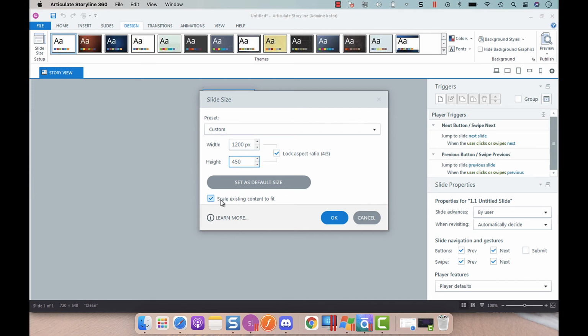You can also choose to scale existing content to fit, and that's really handy if you have, say, you've built out a project and you want to change the design size. This will scale all of those objects with a fixed or kind of a scalable size. It will scale all of those up so that you don't have to go through each slide as you would previously and just do a quick once over to make sure that things didn't shift